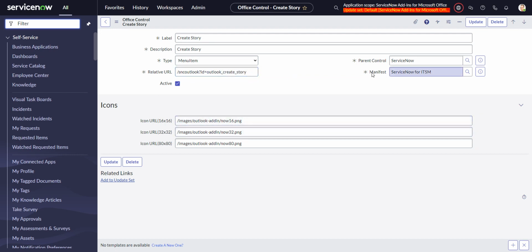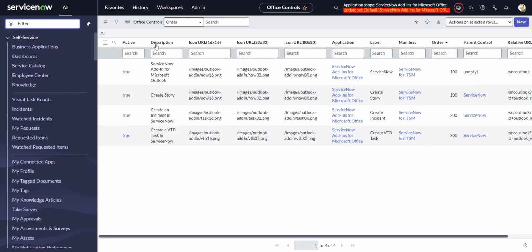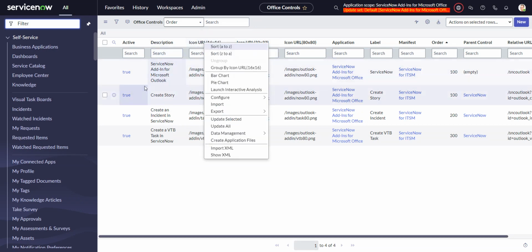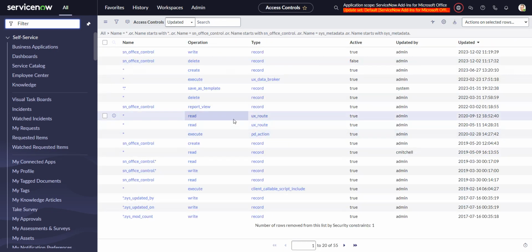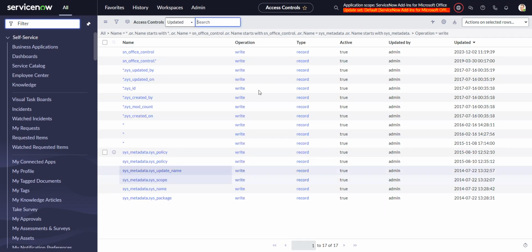So that's it for this. Once we have that record created, actually, let me just mention, there are a couple of things. Once you create these records, you can't modify them because there are some ACLs in here, which I ended up disabling. If you go into the security rules, and I think there's a write ACL on this, and I think